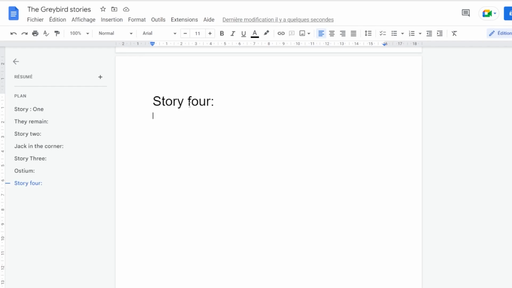I know it says story 4, but as I'm writing this, as I'm recording this, I haven't yet posted the collection online, which means I can still change my mind on the order of the stories. And what I want to do is make this 4th story the first story. So when you open the collection, the book, in the link down below, you'll see that the first story is not They Remain, but instead this one.